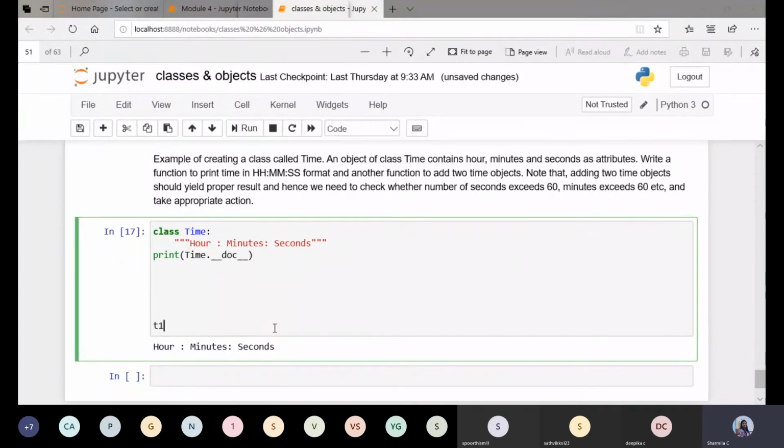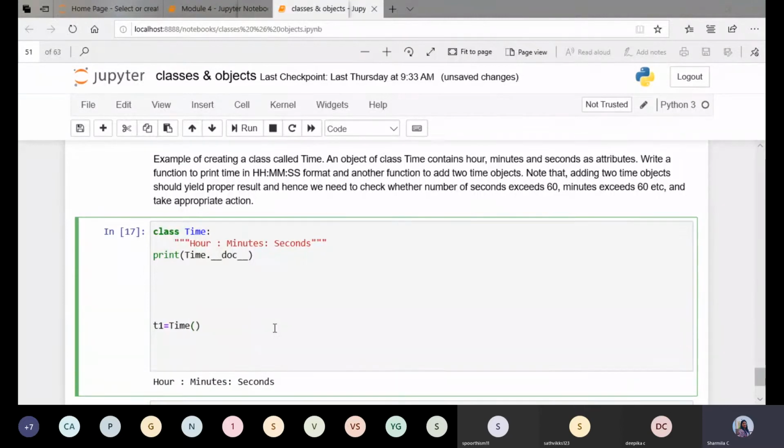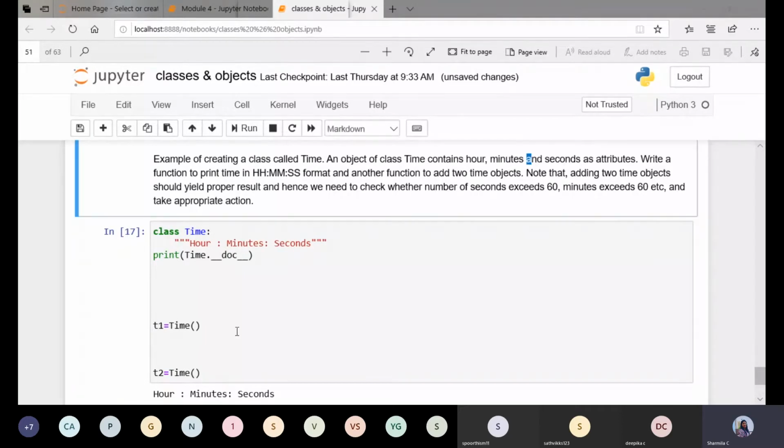So I'll first create an instance T1, which is an instance of Time. Along with that, I'll create one more, T2 equals to, once again an instance of Time. Fine. Now each of these objects, that is T1 and T2, must have hour, minutes, and seconds.